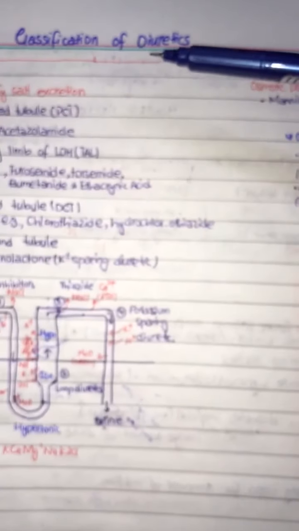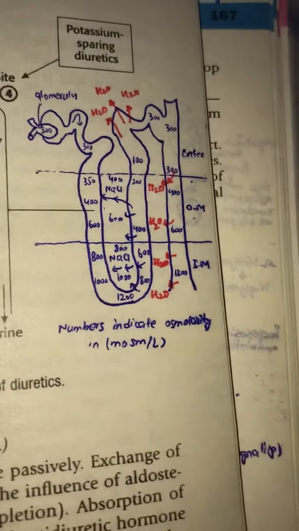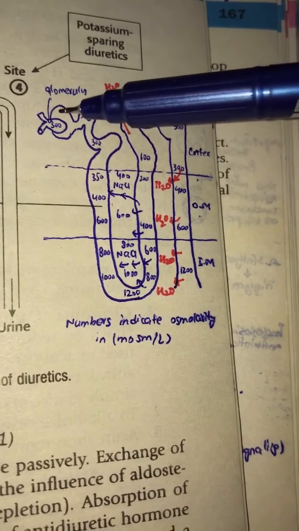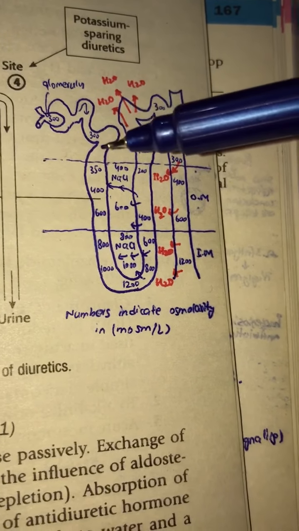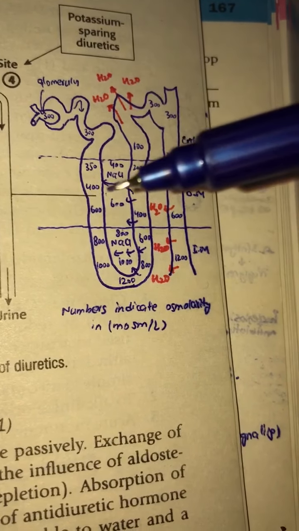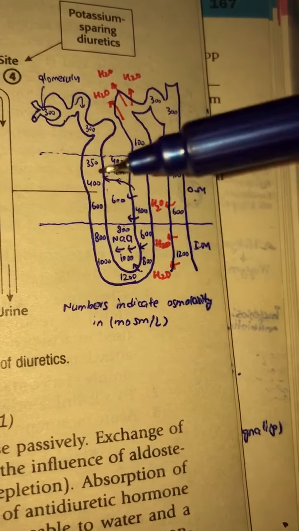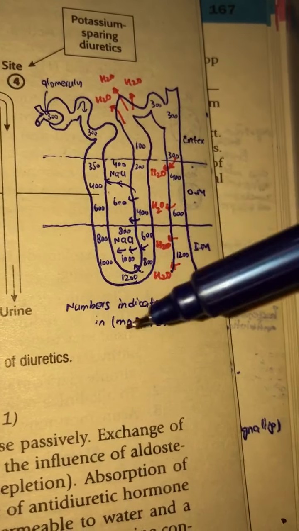So this is all for this video on the classification of diuretics, but in the last I shall share about the osmolarity of the whole nephron. Actually here is the glomerulus, and in that I have firstly 300 milliosmol per liter of osmolarity, and then moving into the proximal tubule in the downward direction, moving into the medulla, we have 300, 350, 400, an increment in the osmolarity, then 400, 600, 800, 1000, and this is the hyperosmotic state.